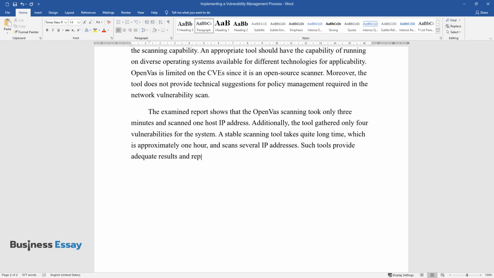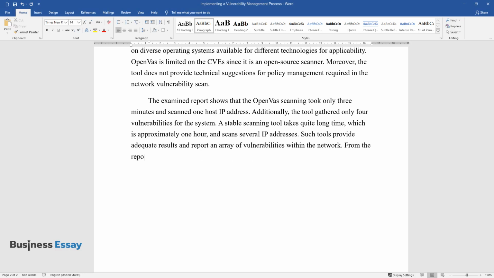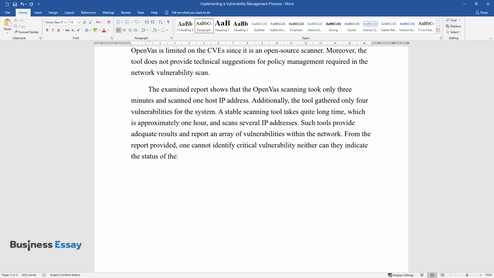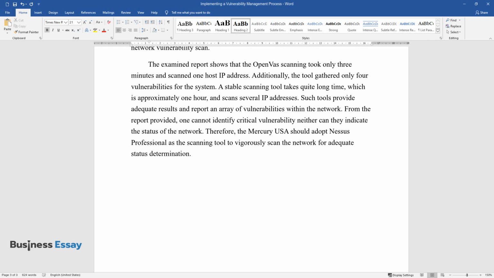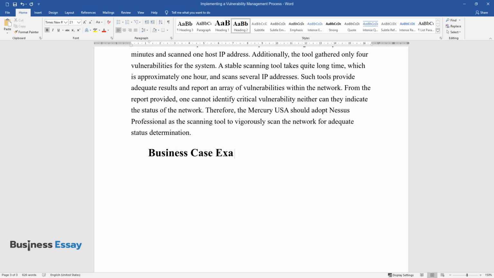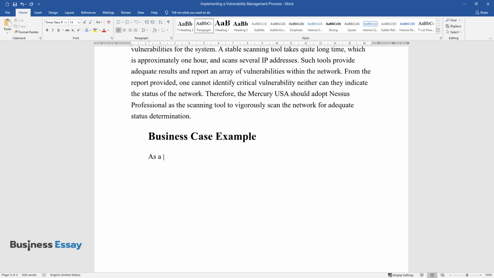Such tools provide adequate results and report an array of vulnerabilities within the network. From the report provided, one cannot identify critical vulnerability, neither can they indicate the status of the network. Therefore, the Wannacry USA should adopt Nessus Professional as the scanning tool to vigorously scan the network for adequate status determination. Business Case Example. As a matter of priority, the Wannacry USA should pay a price in protecting its network